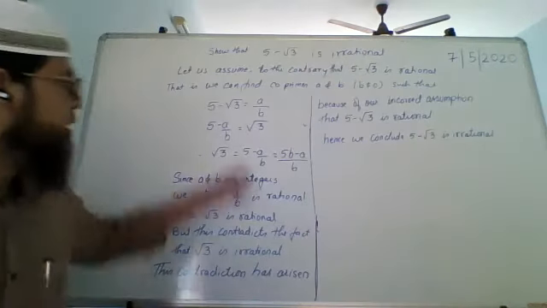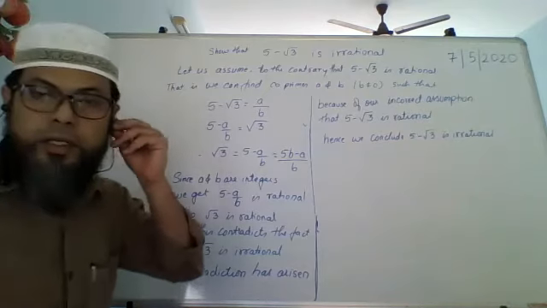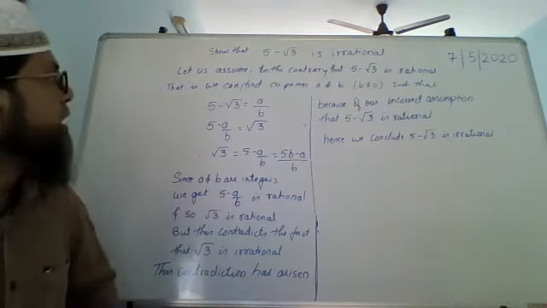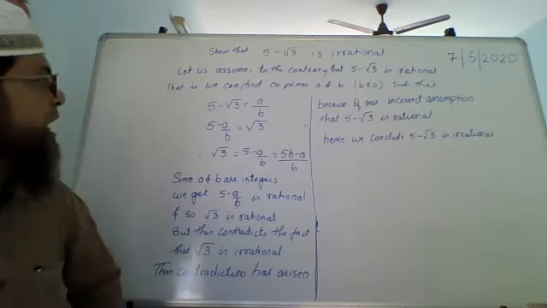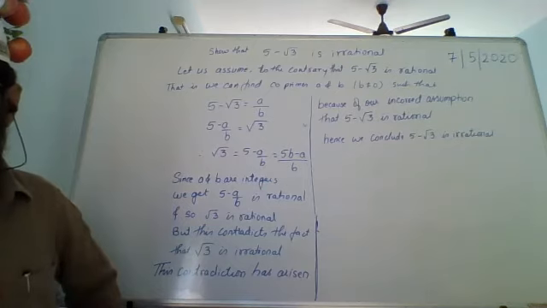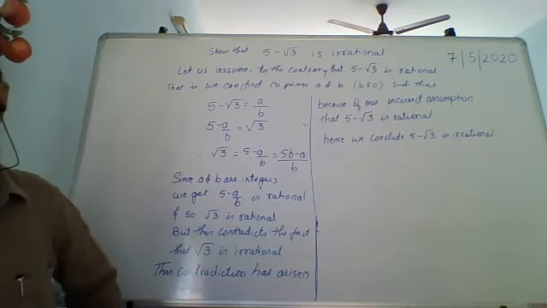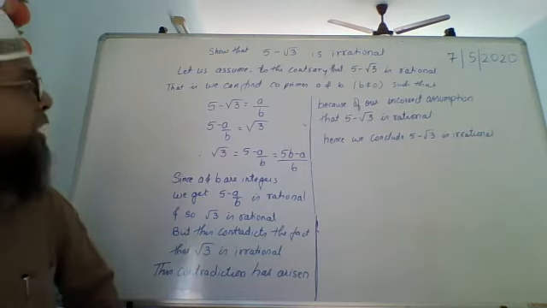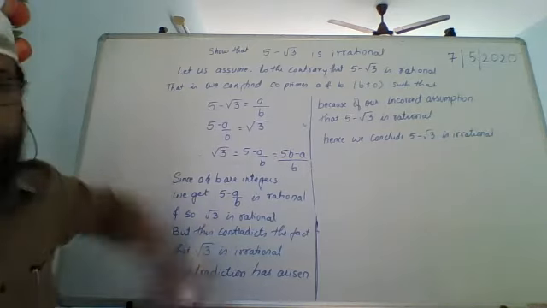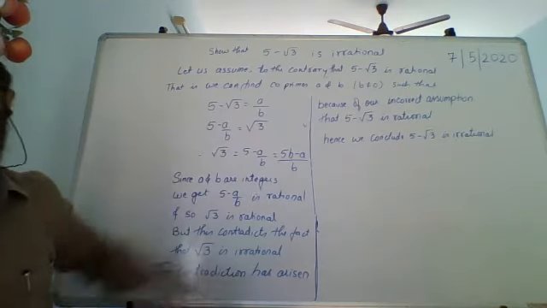Here you will see this is much more simple. There is not much that you have to do. All you have to say is, let us assume that it is rational. We can find coprimes A and B, not equal to 0, such that whatever that number is, 5 minus root 3, 7 minus root 3, 11 minus root 2, or plus also, 7 plus root 2, whatever, is rational. So this equals A upon B.